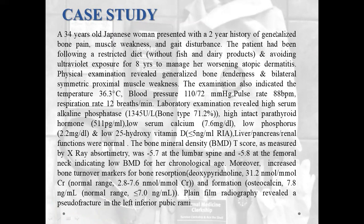Physical examination revealed generalized bone tenderness and bilateral symmetrical proximal muscle weakness. The examination also indicated the temperature, that is 36.3 degrees centigrade. Blood pressure 110 upon 72 millimeter of mercury, pulse rate 88 bpm, respiration rate 12 breaths per minute. Laboratory examination revealed high serum alkaline phosphatase, that is 1345 units per liter. Bone type is 71.2%. High intact parathyroid hormone is 500 pg per ml, and low serum calcium level, that is